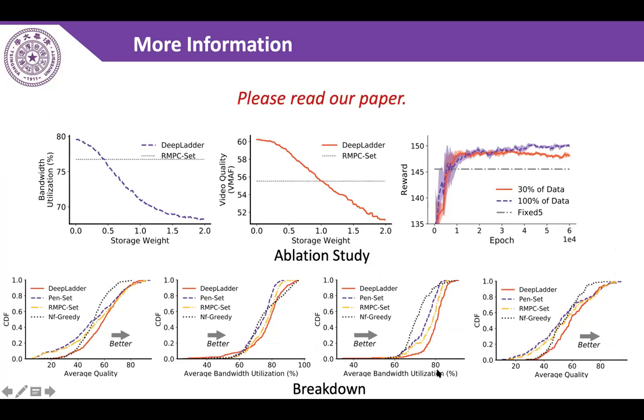For more information, please read our paper. For example, we also show that DeepLadder is practical and can be deployed in a transcoding framework. Testing results on both the CPU and GPU devices indicate that DeepLadder achieves the aforementioned performance with very low extra cost, only 3.4% extra cost compared with the original system, while saving almost 70% of overall overhead in comparison with the state-of-the-art heuristics.